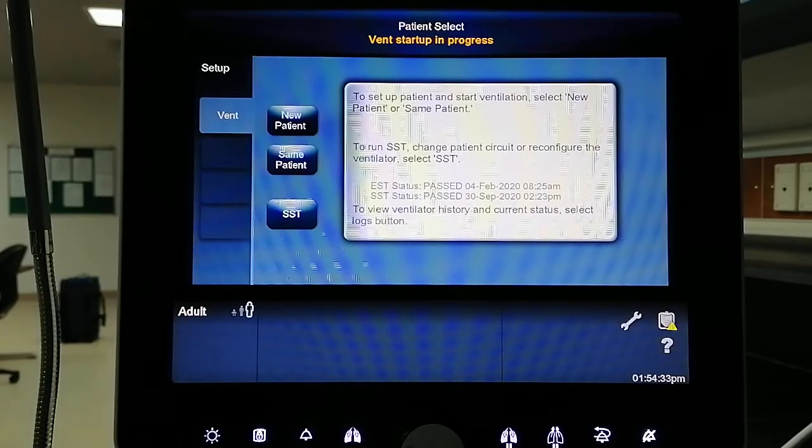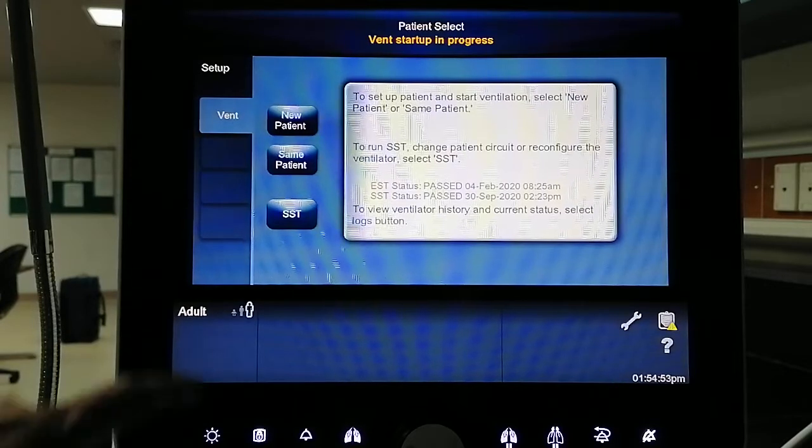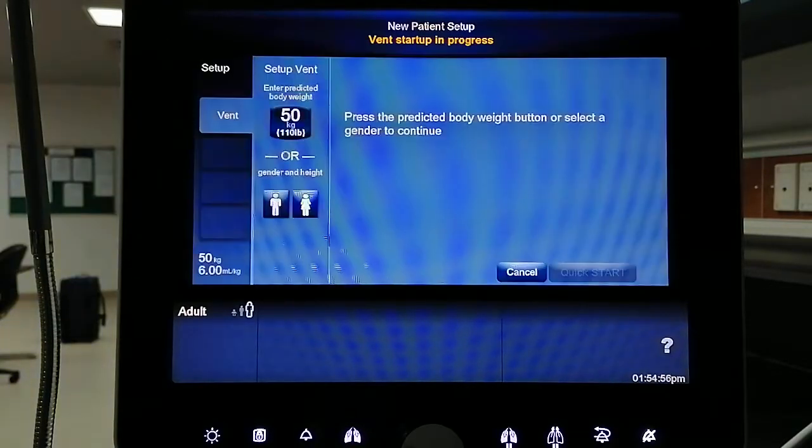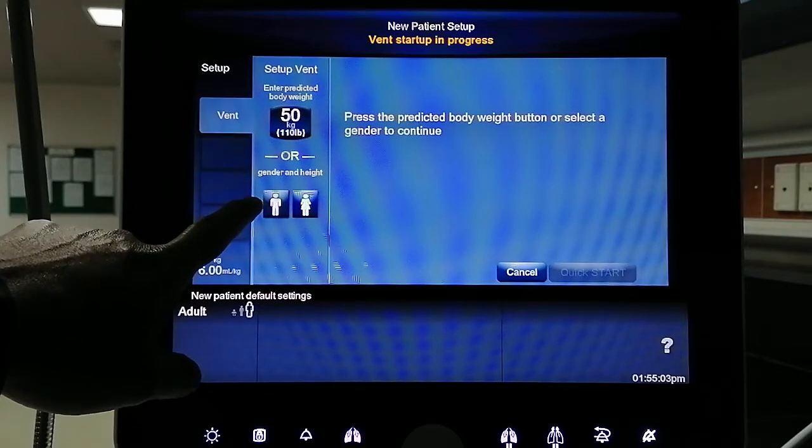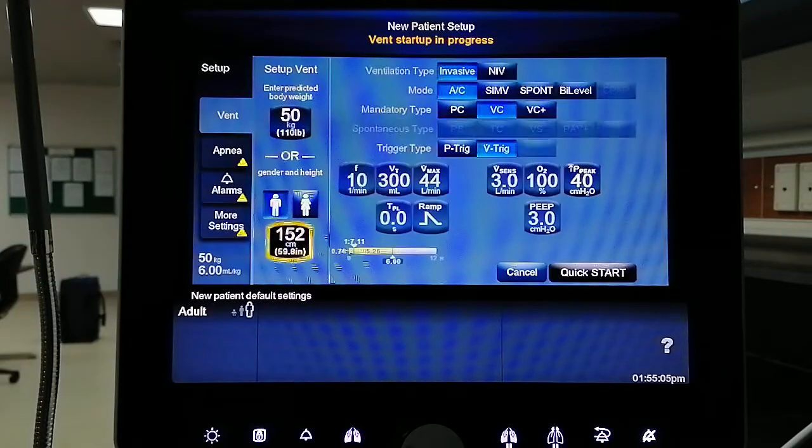So we are going to continue, and now we are going to discuss setting the ventilator to pressure control ventilation or PCV. So let's start. Of course, again, caution: do not connect your test lung to the ventilator. Select new patient, and from the main screen you can select the gender depending on the case provided to you. Let's say we'll select male, and your patient is